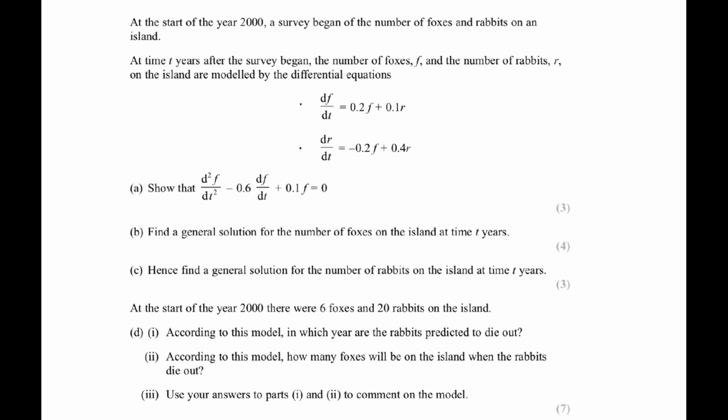The first question is to show that these can be reduced. These two ordinary differential equations can be reduced to the second order differential equation given in A. I'm going to employ Newton's notation, which is that df by dt can be written as f dot, and similarly with r. So I've done the solution already, well, at least most of it. So I'm just going to briefly go through how to do it. So for part A,